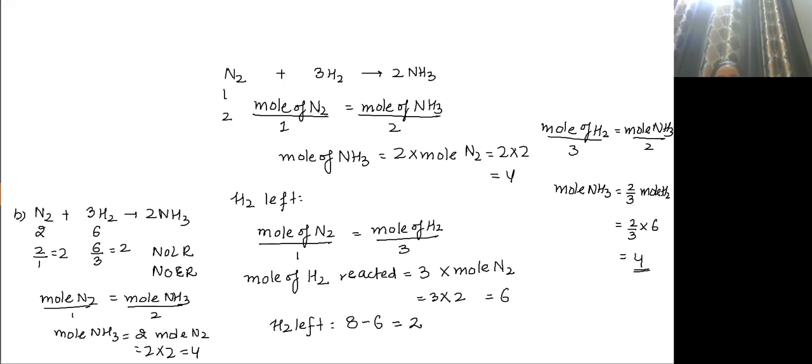Copy this. If this is done, let me know. Now remember, first you have to find out LR and ER. How will you find out? Moles divided by their stoichiometric coefficient. The one which is lesser number is LR. The one which is greater in number will be ER. If both numbers are same, there is no LR, no ER concept. And if limiting reagent and excess reagent comes, then limiting reagent will decide the amount of the product that is formed or the amount of reactant that reacts with this.